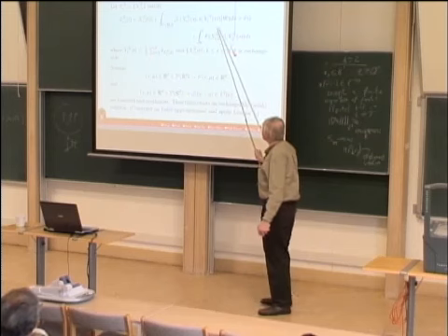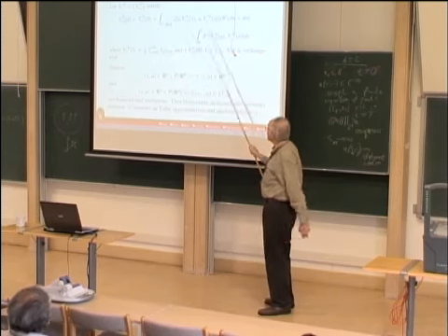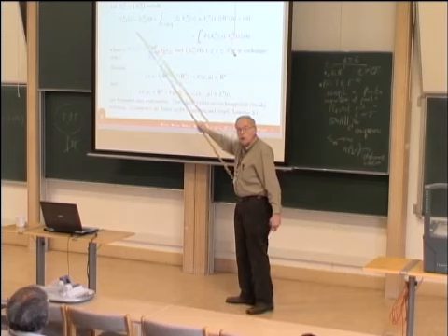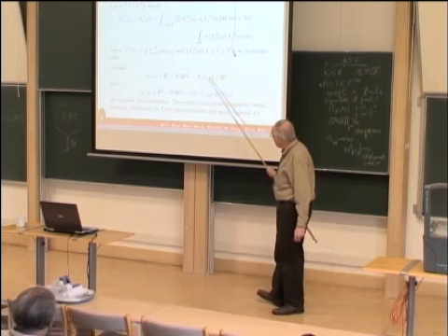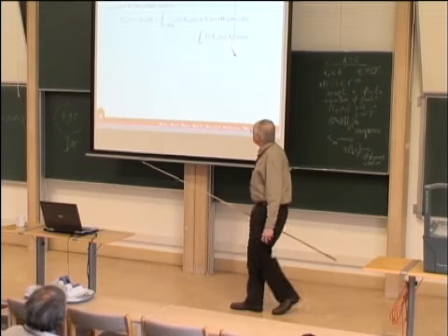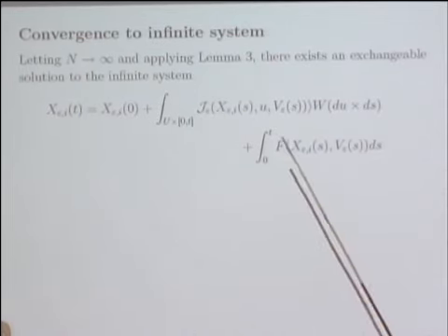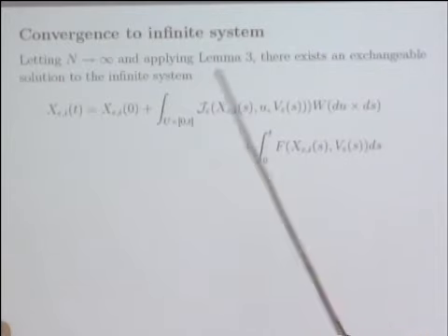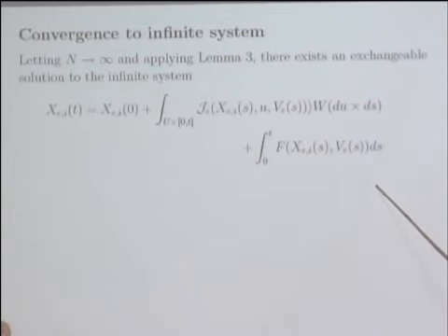By my previous lemma, that tells me that if I pick out a convergent subsequence, then this empirical measure V converges along with the X's. I'm assuming continuity in these coefficients, and by this I mean continuity taking the weak topology on the probability space. And bingo, what comes out is that my infinite sequence in the limit, as n goes to infinity, if I pick out a convergent subsequence, the infinite system that I get in the limit is going to satisfy this equation,